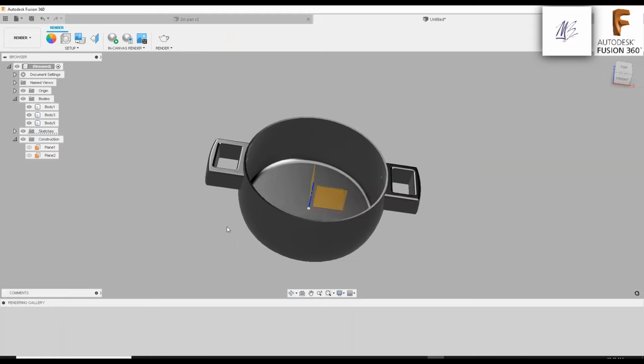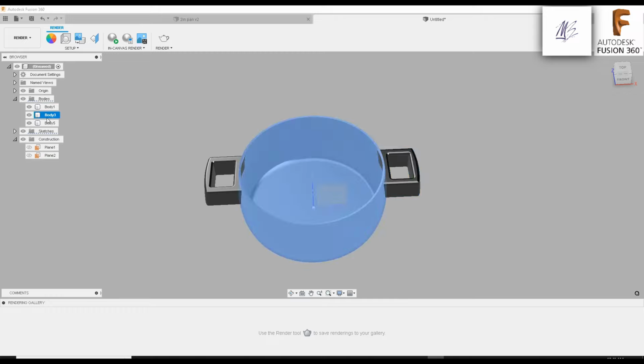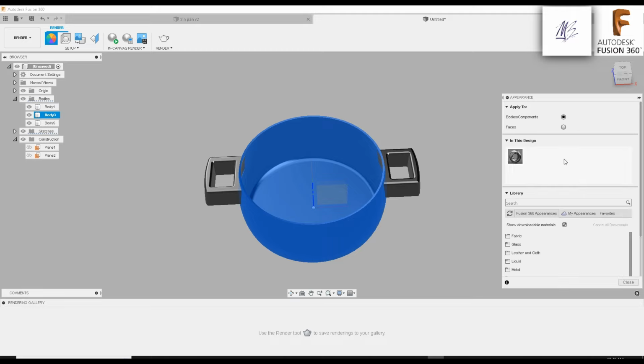That way you're having a better idea how it will look once we manipulate the material. So let's say if you do the body, if you left click the body, go back to appearance, it's going to let you do the body separate from the handles, which is what we want. Let's go to metal, left click metal. We're going to go to, here it is, stainless. They have different options here. You can download them too if you want, but we're going to do